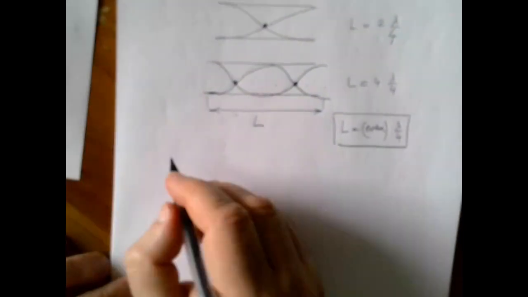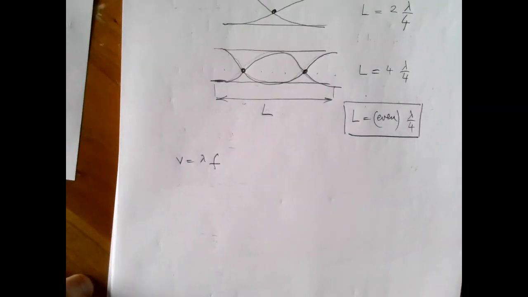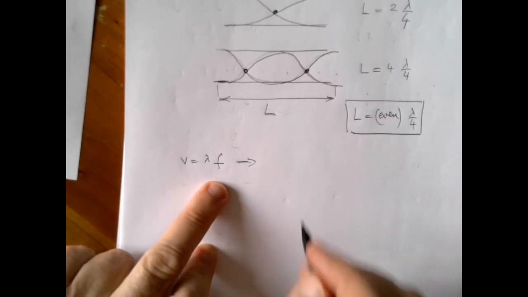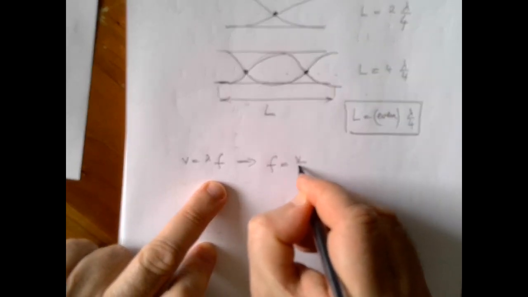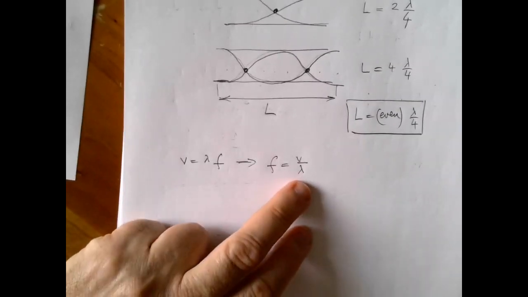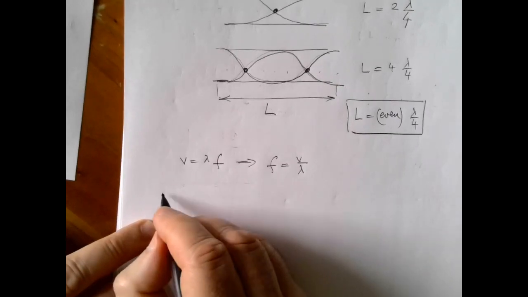So for both types of air columns, v equals lambda f is going to be satisfied. This is not going to change. The speed of sound we know, so that means I can find the frequency as v over lambda. And now perhaps we can